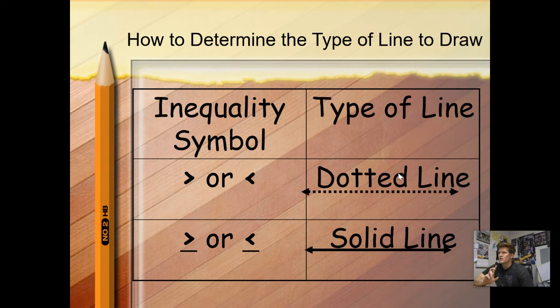First of those big things is the symbol tells you what type of line you're going to draw. In equations, it was always a solid line. In inequalities, it might not be. And it's the same reason as our open and closed circles when it came to inequalities. If we were not underlined, it was an open circle. Now it means it's a dotted line on our graph. If we are underlined, meaning it is "or equal to," it's a solid line on our graph. The second thing we got to keep track of,